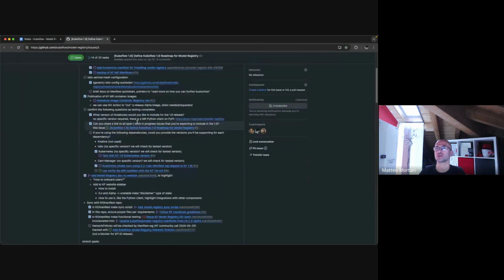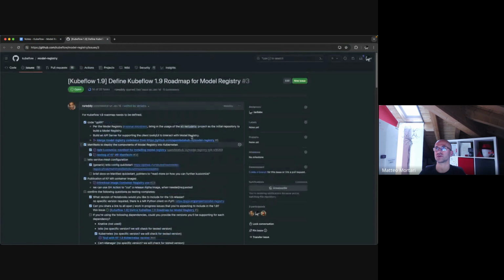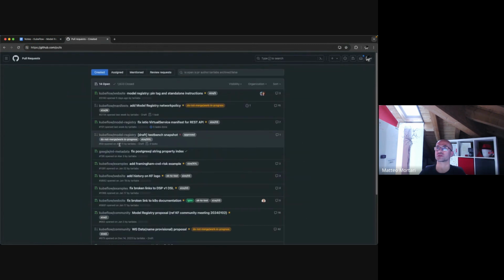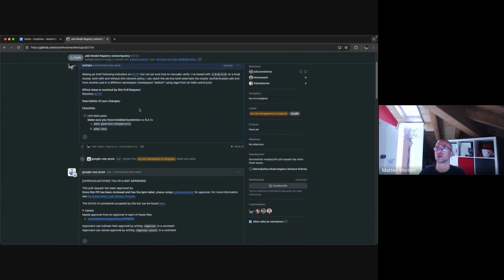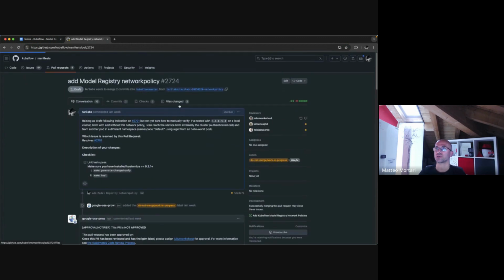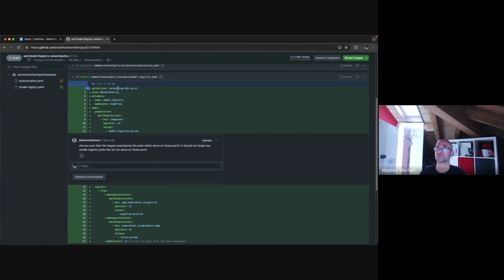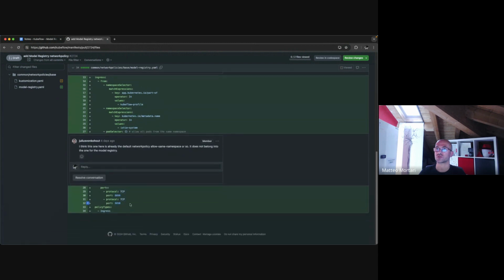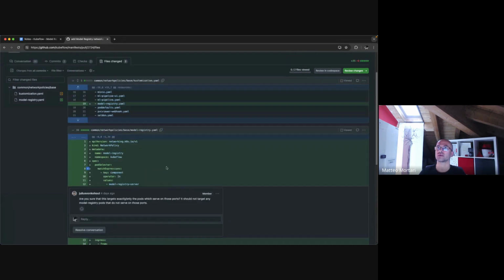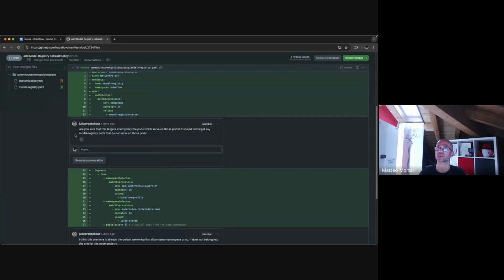Let me see if I can actually find it. Let me just go to my pull request, manifest network policy. So this network policy was originally added up to here. That was copy pasting from other network policies that are currently available in the manifest repository. I think that Julius asked me to specify the ports in addition. This is a bit of a difference from what I can tell from other network policies. And further, I'm not sure that I fully understand